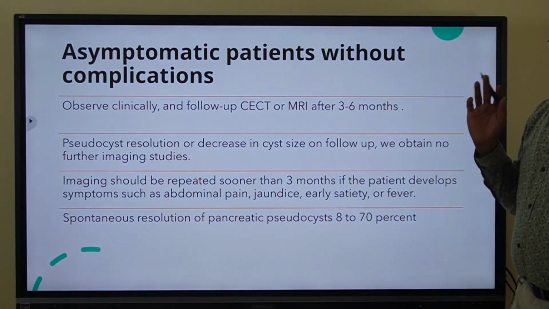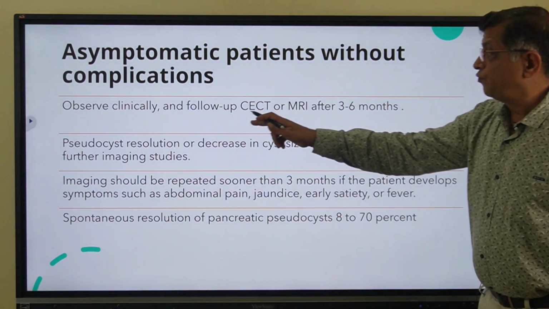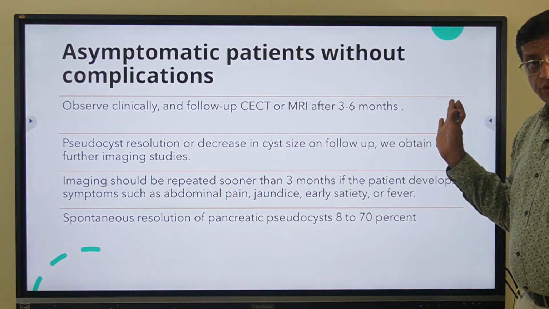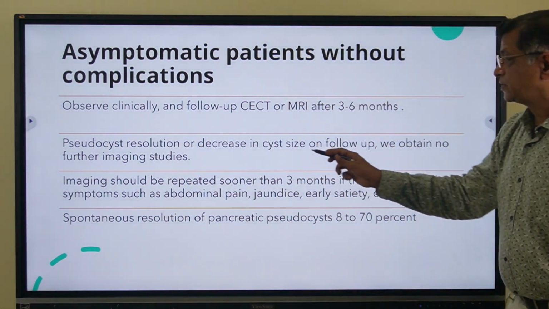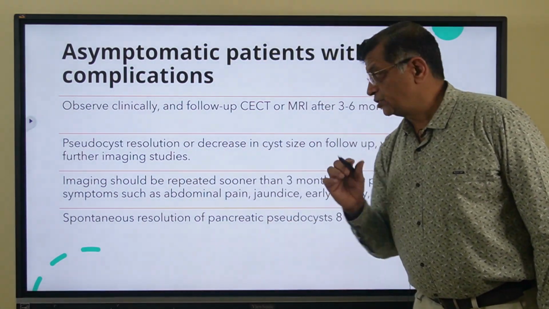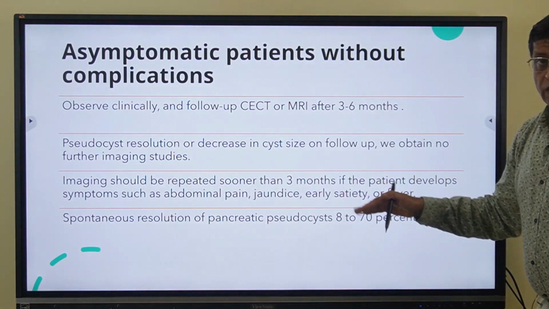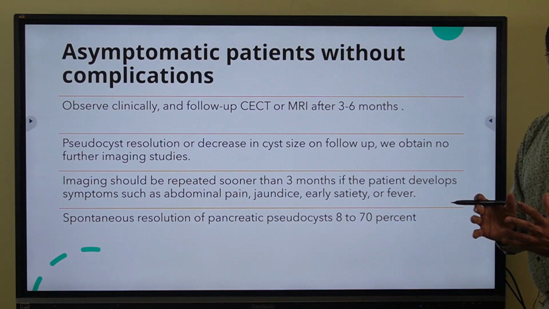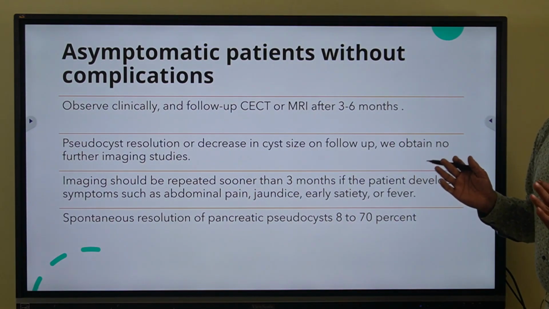If the patient is asymptomatic without any complications, then observe clinically, follow up with a CT scan or MRI after 3 to 6 months. If there is pseudocyst resolution or decrease in cyst size, then follow up, and we need not do further imaging studies. So if the cyst size has reduced or the patient is asymptomatic, you need not repeat this imaging study like a CT scan or MRI